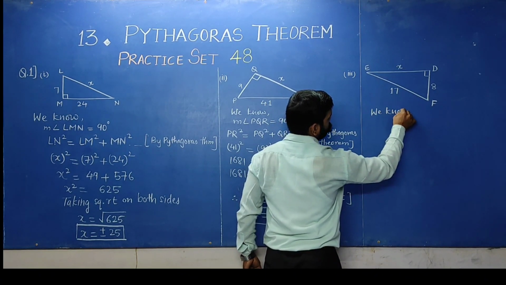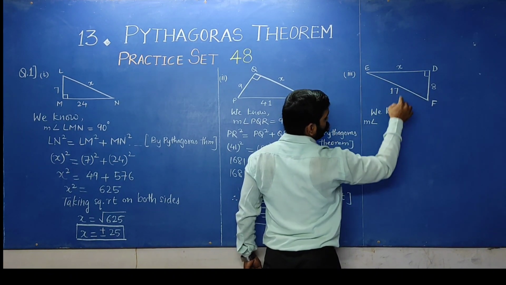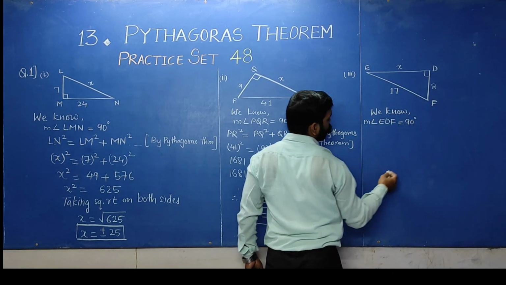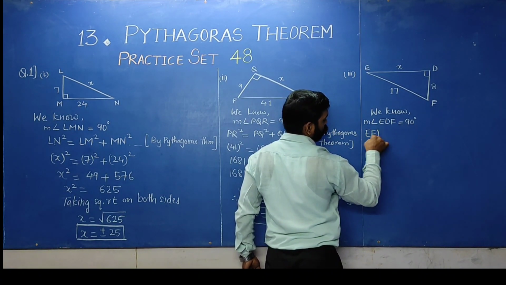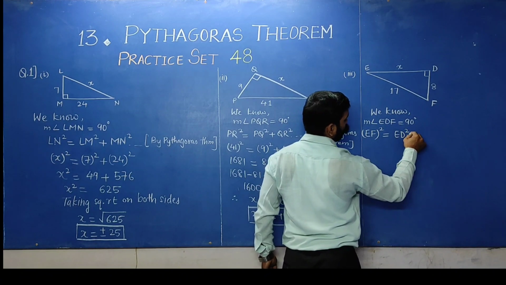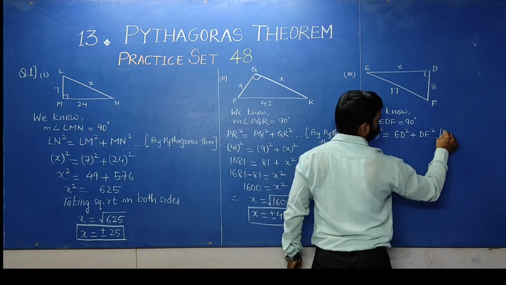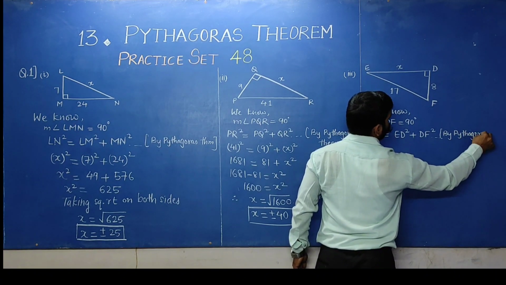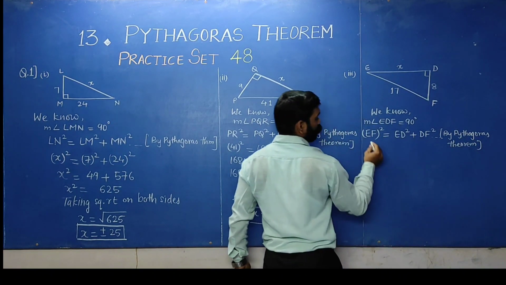We know measure of angle EDF is equal to 90 degrees. Again, EF square is equal to ED square plus DF square by Pythagoras theorem. EF square,